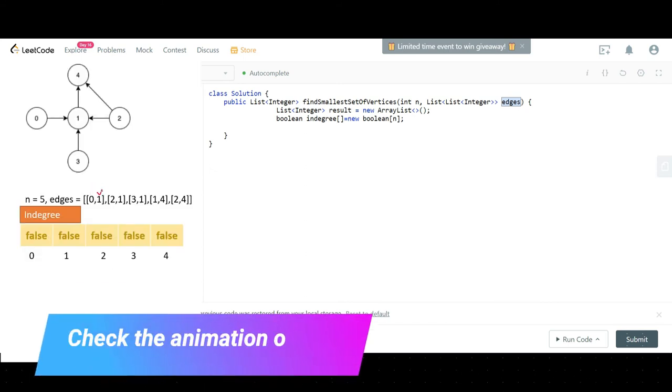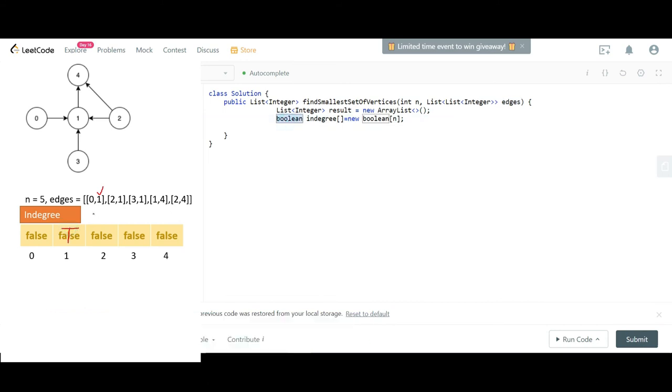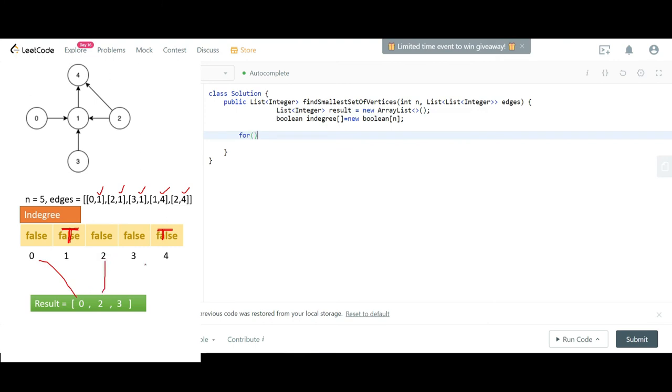You can take one integer array also, and there you can check the count, and at the end if any node has in degree count more than 0, that also you can include. But as we just have to mention which nodes have in degree as 0, that's why we are just taking a boolean array where we just have to denote. Exact count we don't need in this case. For a topological sort problem we need that count, but here we just have to denote. So what we can do is start iterating over these edges.